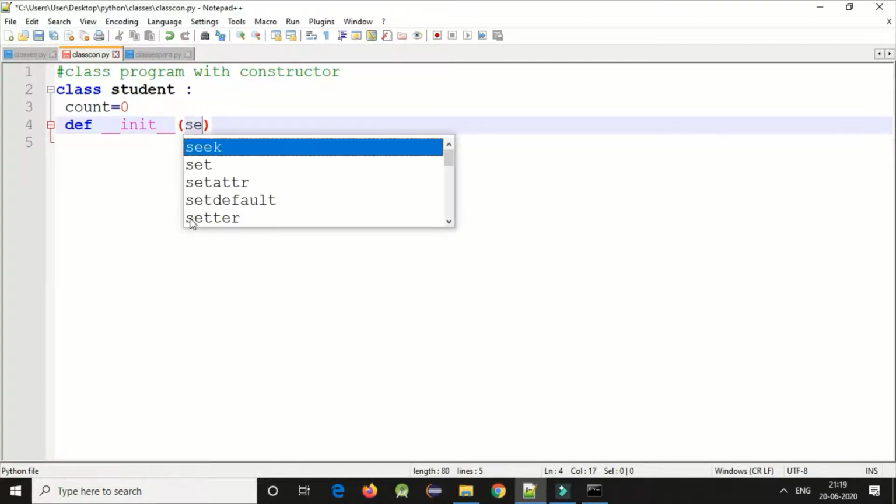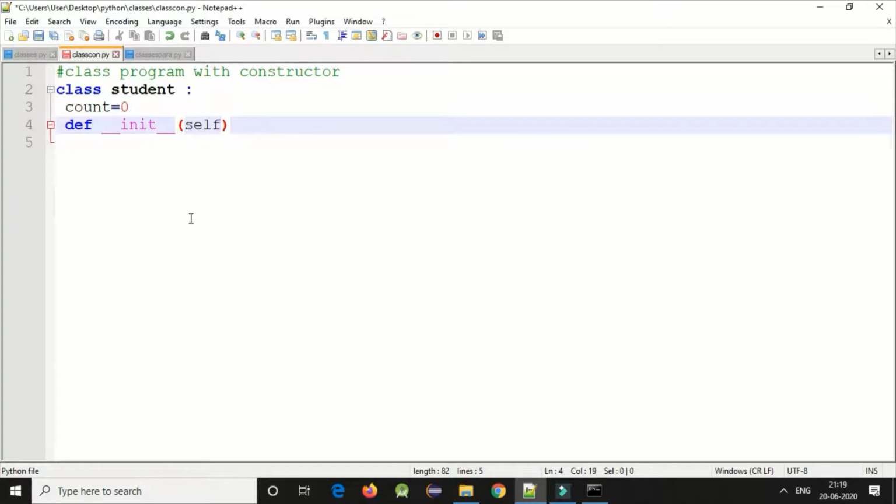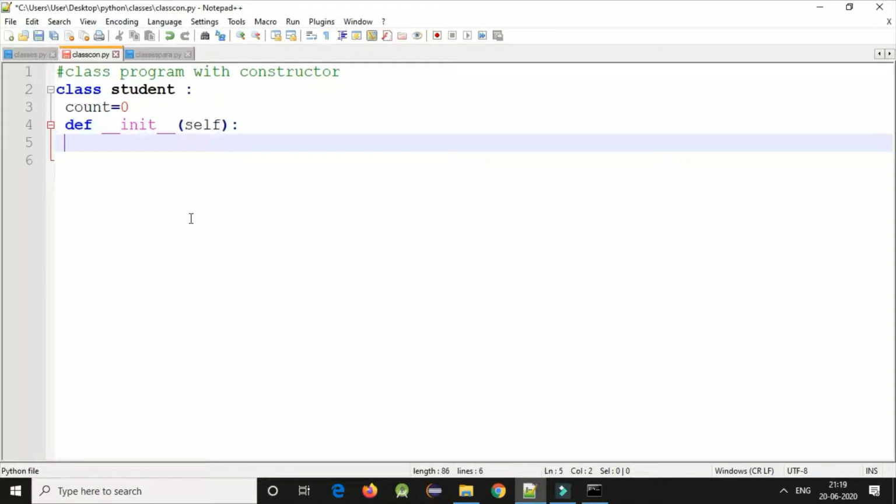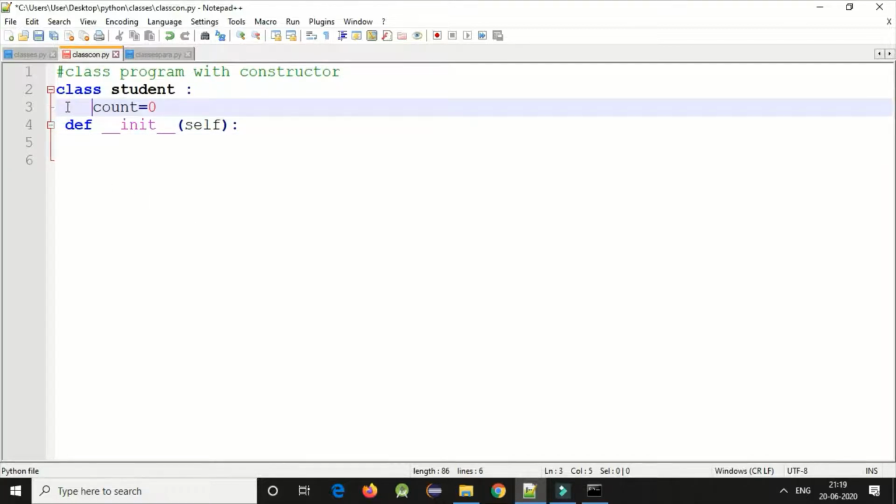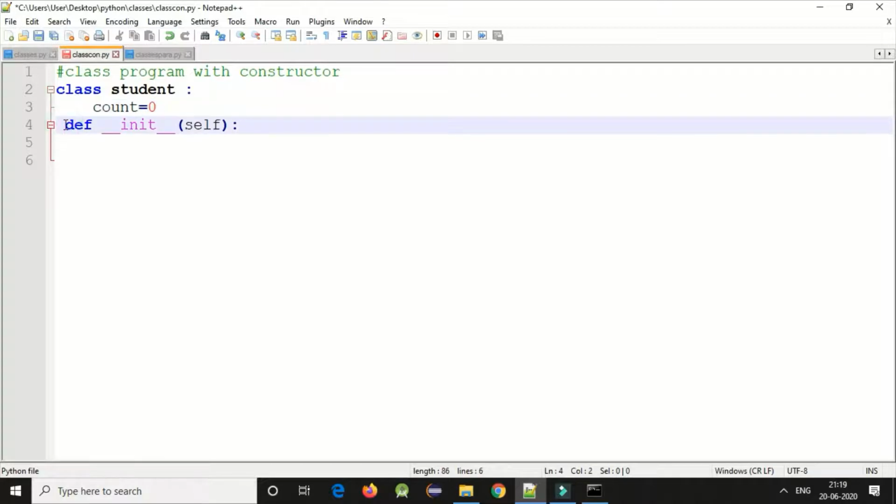Self. Now I am passing the object of the method here. Here I am giving one tab.